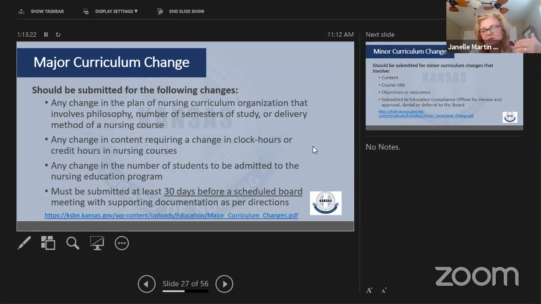Because some have gone back to a hybrid where before they were face-to-face, they went completely online, and now they're back to a hybrid. So it would be helpful if you would let us know what that is, but we are not requiring the major curriculum change.